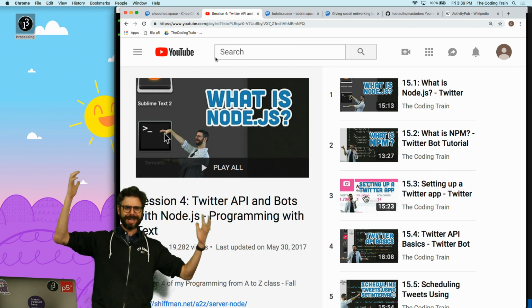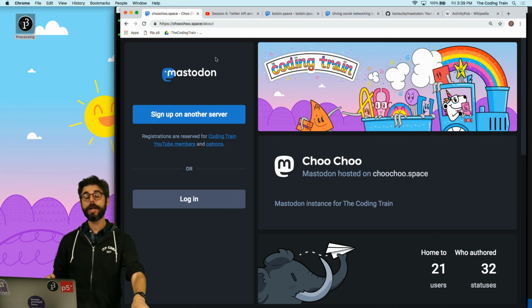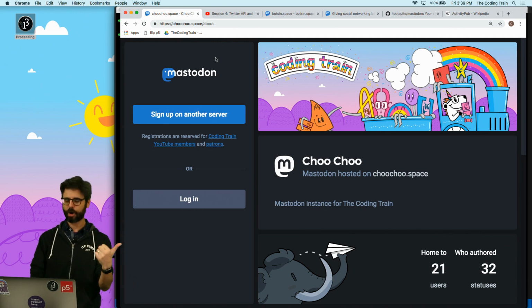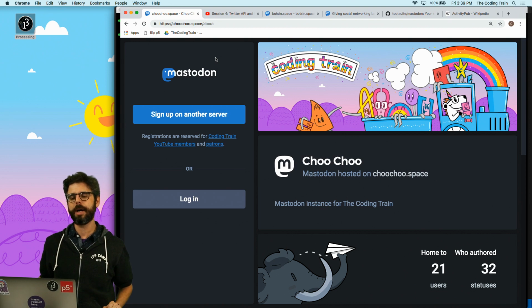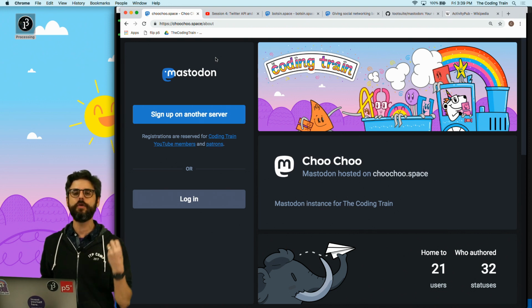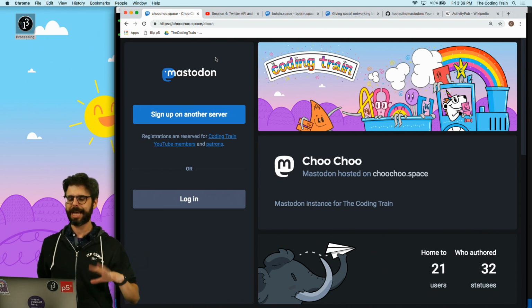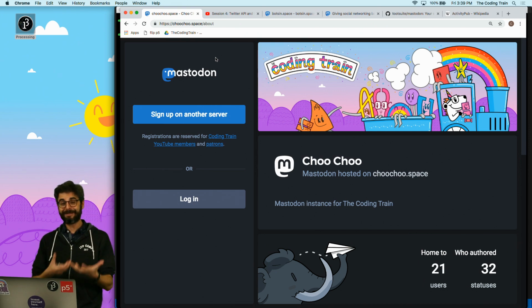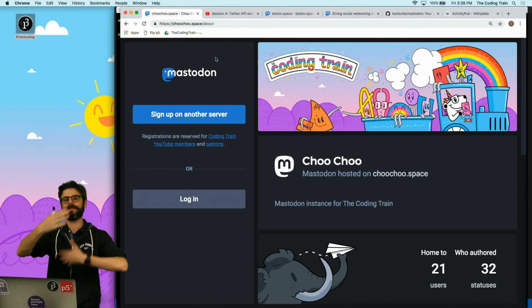Mastodon, what is Mastodon? Why are you using Mastodon? Well, a couple reasons. Number one is Twitter recently changed their API rules, how it works. It's much harder to sign up for new accounts that are bot accounts. They've also removed a feature which was the streaming API, which Mastodon does have, so I'll come back and show you what that exactly is, but it allows you to basically have a connection to the service and continually listen for different events.